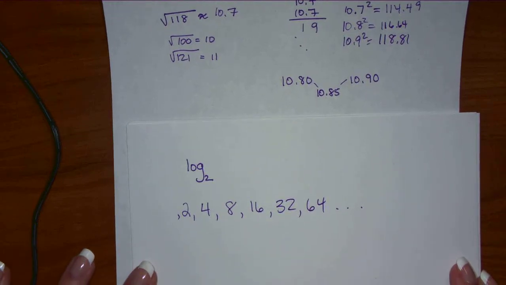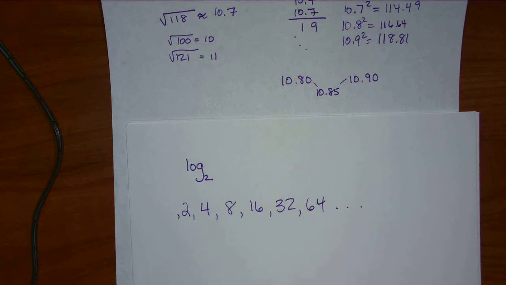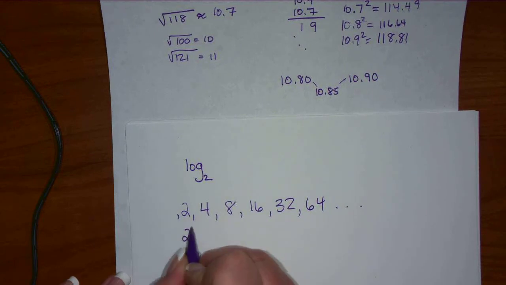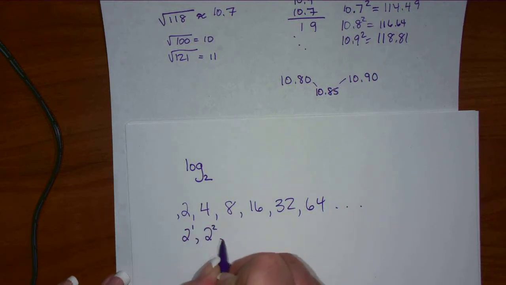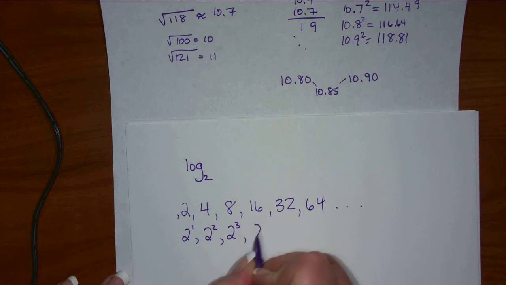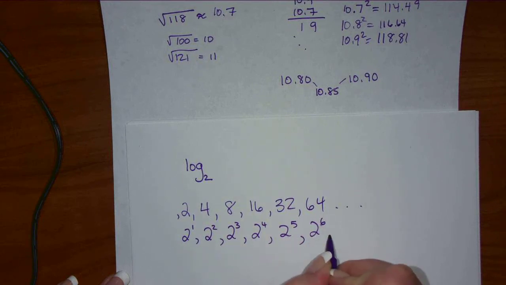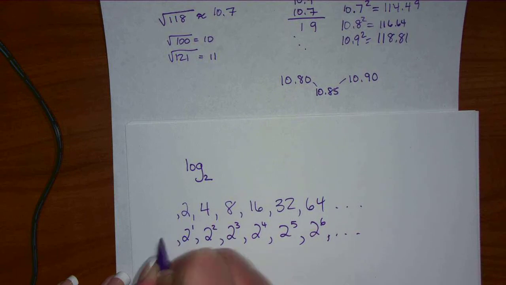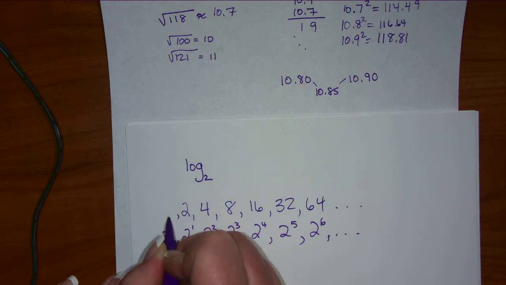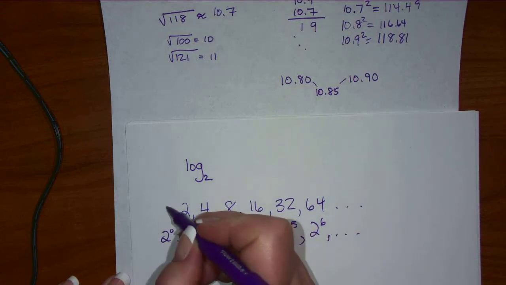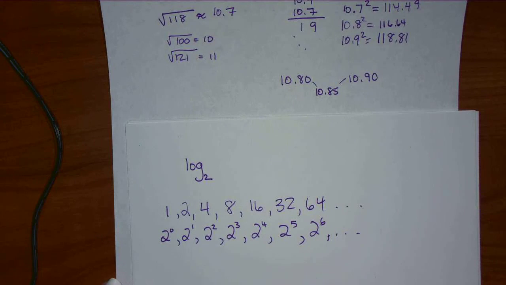Well, this is 2 to the 1, this is 2 squared, this is 2 cubed, this is 2 to the 4. Yeah, good. The one before is 2 to the 0. What's that equal to? 1. So this is where they start with logs. Square roots start at 0. You can plug a 0 into a square root. You cannot plug a 0 into a log. The domain